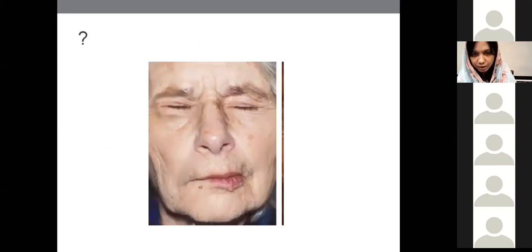This is also a diagrammatic representation of facial palsy, but this is an upper motor neuron facial palsy. कैसे पता चलता है अपर मोटर न्यूरॉन, लोअर मोटर न्यूरॉन फेशियल पैल्सी का? लोअर मोटर न्यूरॉन होल फेस को इन्वॉल्व करती है, ठीक है, जबकि अपर मोटर न्यूरॉन फेशियल पैल्सी अपर फेस को स्पेयर कर देती है. It only involves the lower part of the face.